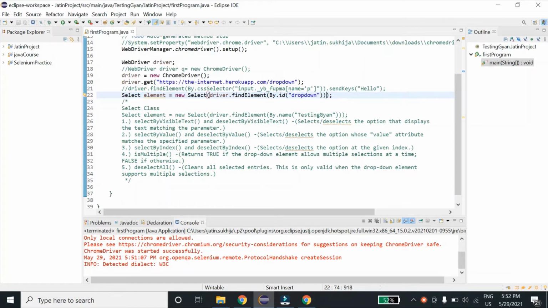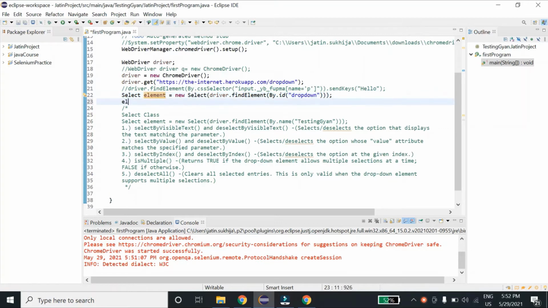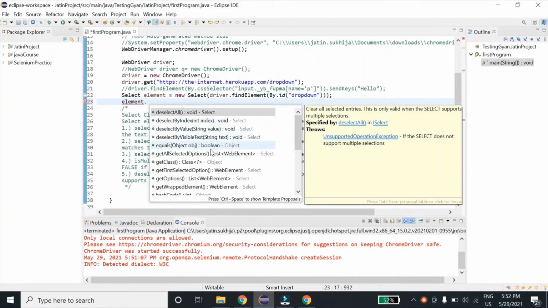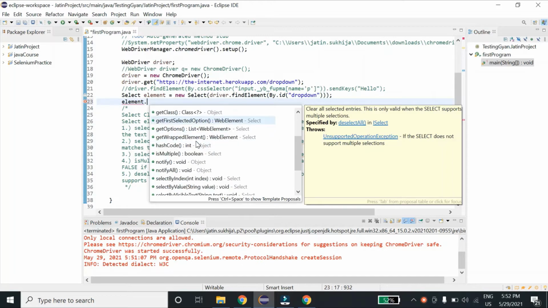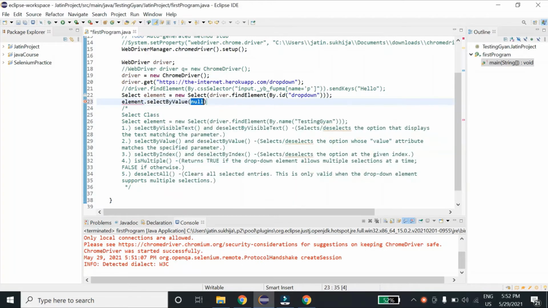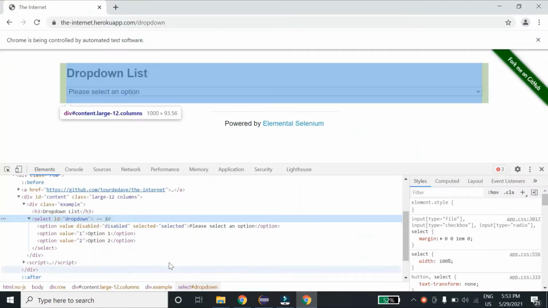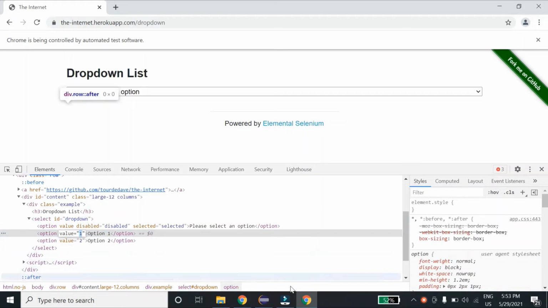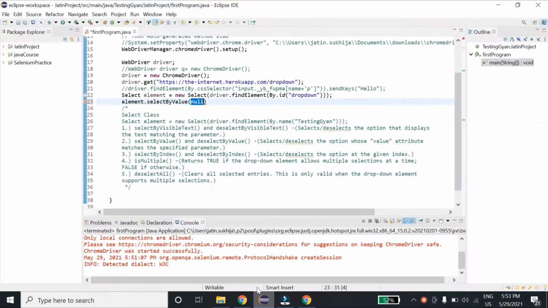Okay, yeah. So now if I write element dot, it will give me an option of whatever I want to do. So I want to select with the help of value. Select by value. So let me see what the value is here. Value is 1. So I'll write 1 over here.